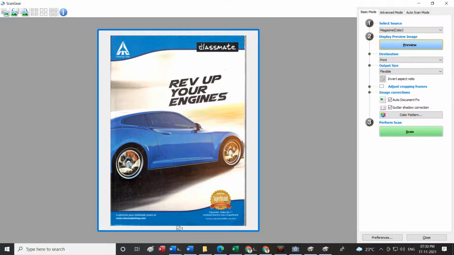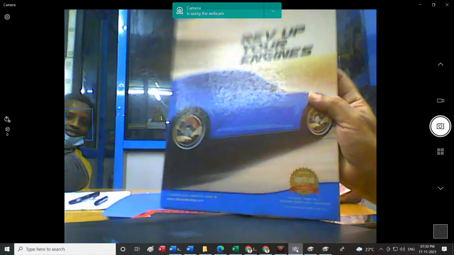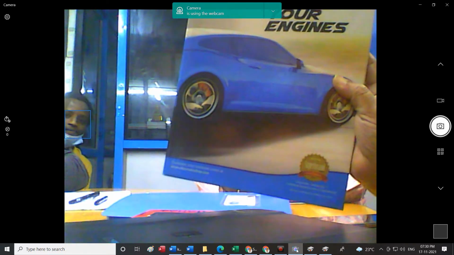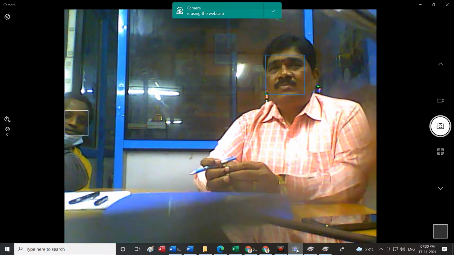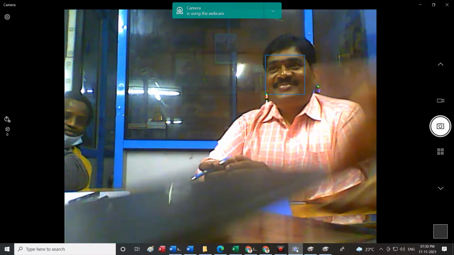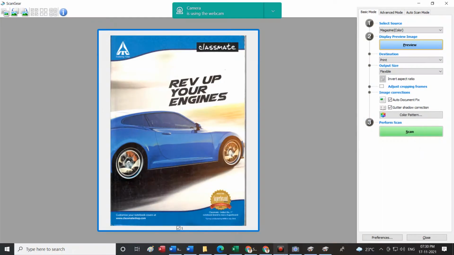Okay, now this is the preview. If all of you remember, the scanned image was the book and the front part of the book. Anyway, I'll just show it in the camera for those who have not seen. This is the book that I inserted to scan. The first page has been scanned. After I complete this, I can go for the second page. I'm just inserting the second page, and again the second page can be previewed.